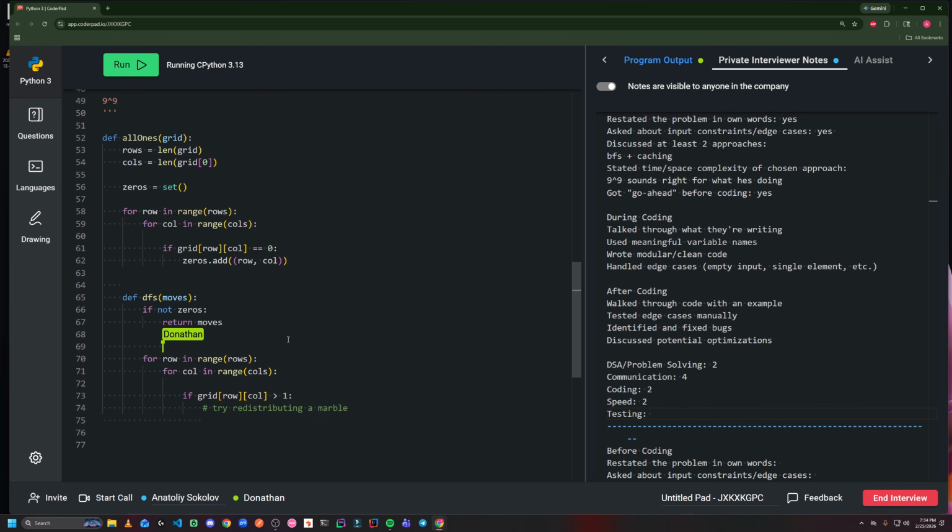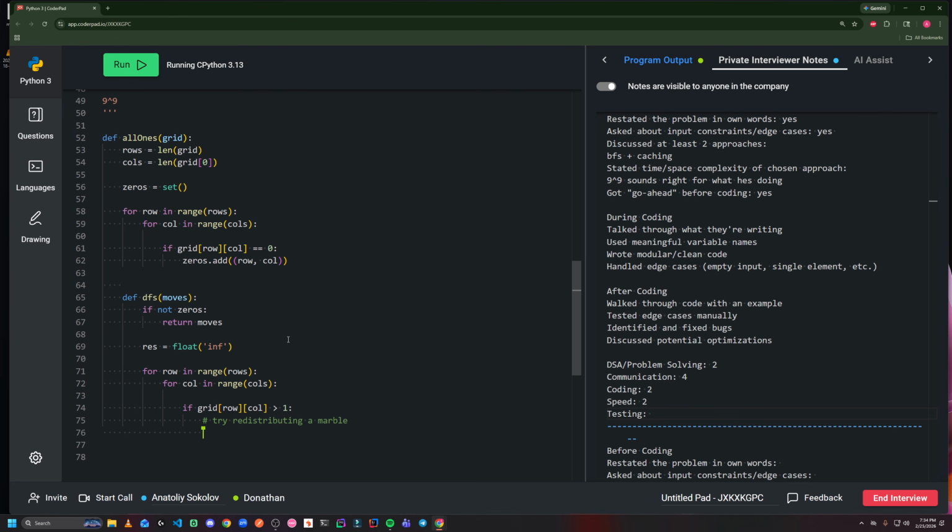I'll also just have a variable here to keep track of my result. I'll just initialize it to infinity. Okay, so then for each of these marbles, I want to